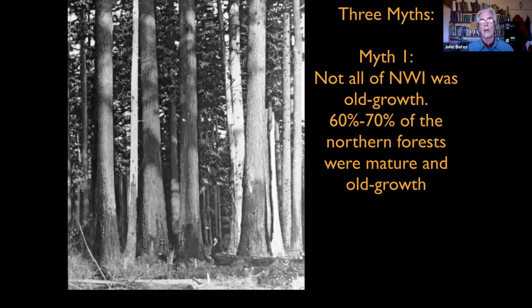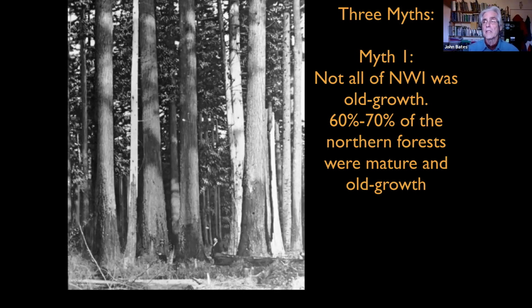The first myth is that all of northern Wisconsin was old growth, and that a squirrel, in fact, all of the eastern United States was old growth, and a squirrel could get on a tree in New York City and never have to touch the ground all the way to Wisconsin. Hardly true at all. The best ecologists in our state and in the upper Midwest say that 2/3 to 3/4 of our forests were in a mature old growth composition prior to settlement, and the other 1/3 to 1/4 were in regrowth stages from various natural disturbances and cultural disturbances.